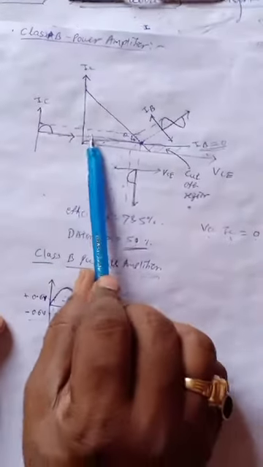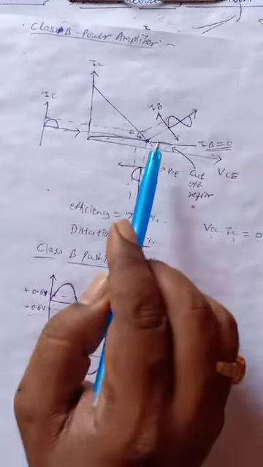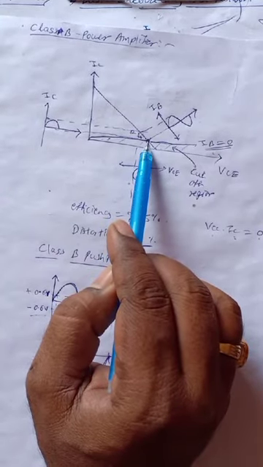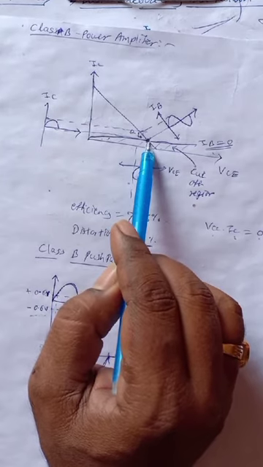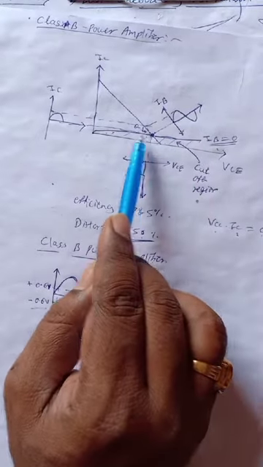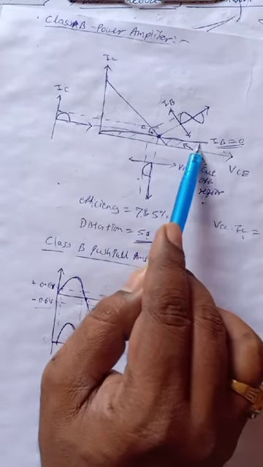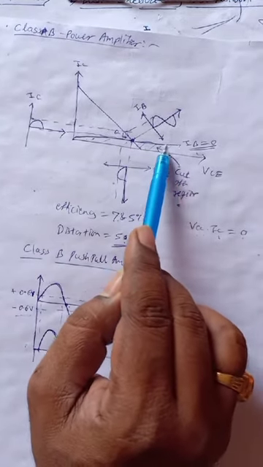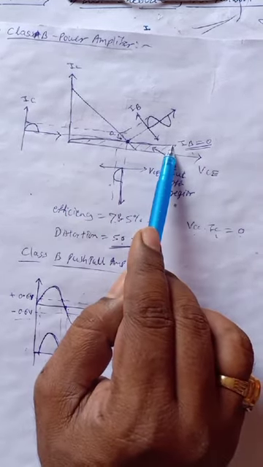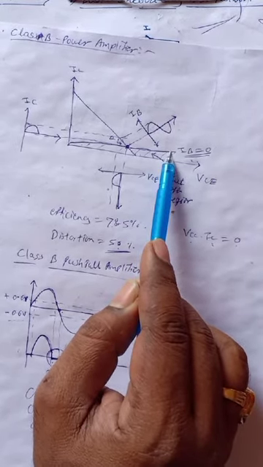So another one is the class B power amplifier, in which to avoid the power loss, the Q point of a transistor is operated at the cutoff region. When there is no input signal, the current flowing through the transistor, that is IC, is 0, because I showed here a cutoff region, and this is a minimum, that is a reverse leakage current, or we can say that it is a leakage current flowing through the transistor. It is very small and negligible, that is nearly equal to 0.